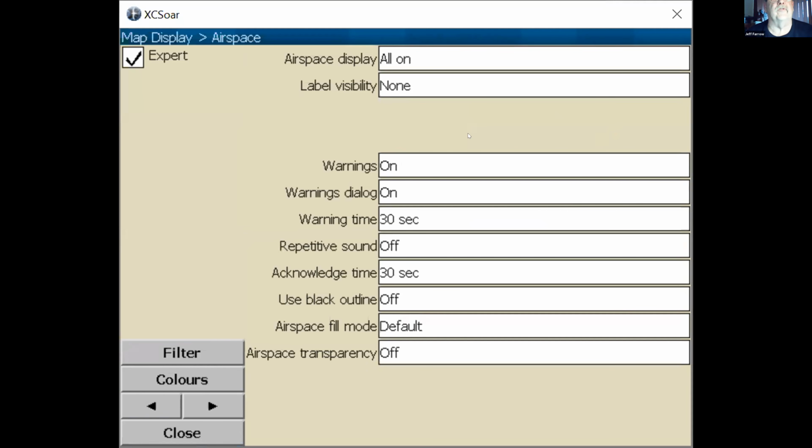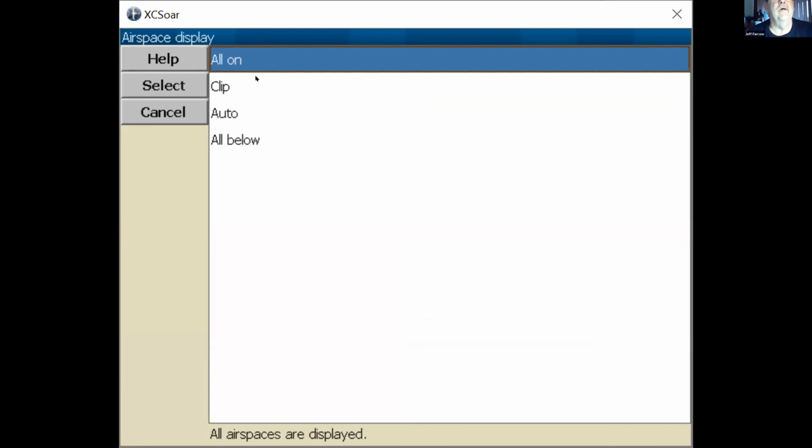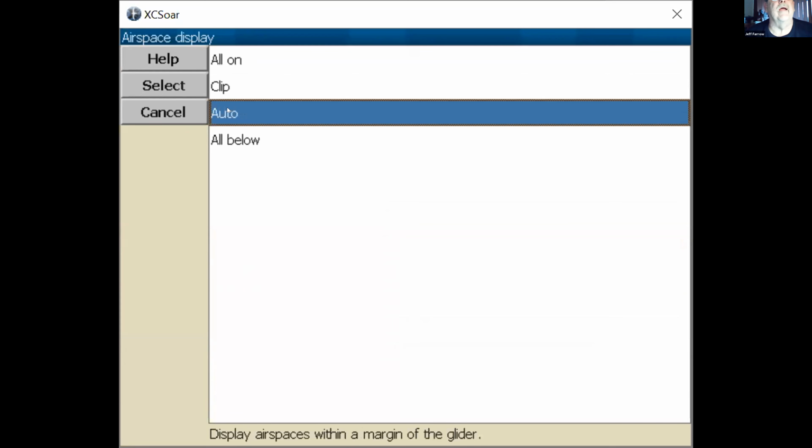The main thing here you want to set is how the airspace shows up. If you have all on, then everything above you right up to class A will be on. Clip basically selects everything below a certain level. The auto uses everything below your level plus immediately above.